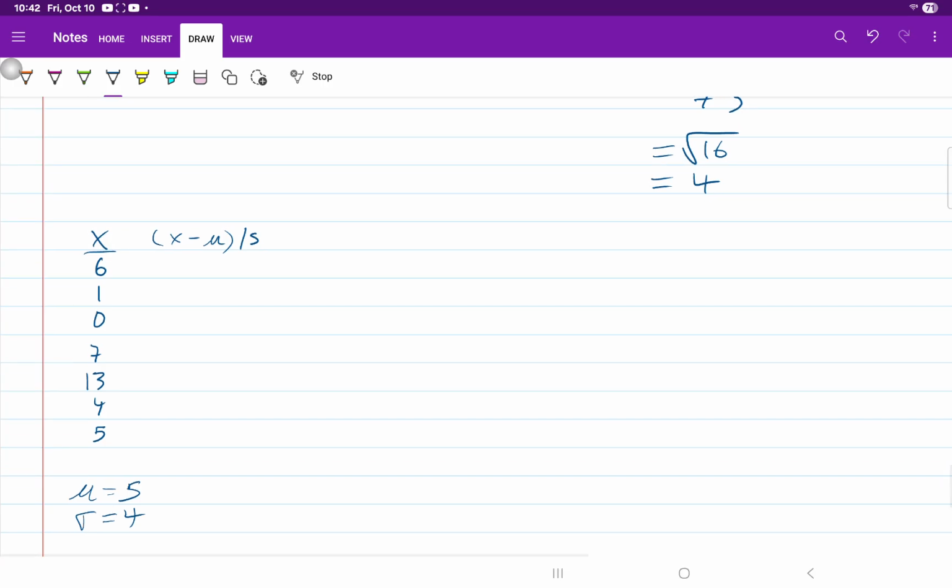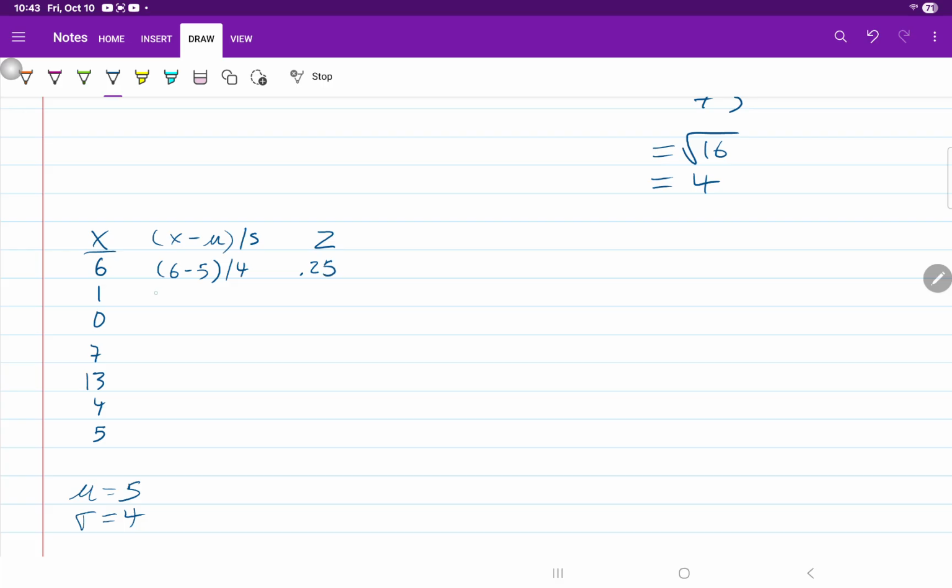Yes, it is. Okay, so let's do it. So the first one, we're going to have 6 minus 5 is 1. 1 divided by 4 is 0.25. Now, let's do it explicitly. We'll put z over there. So let's do 6 minus 5 divided by 4, and that equals